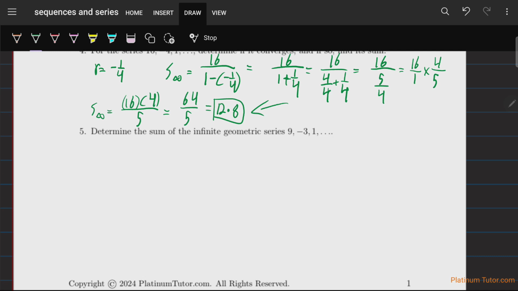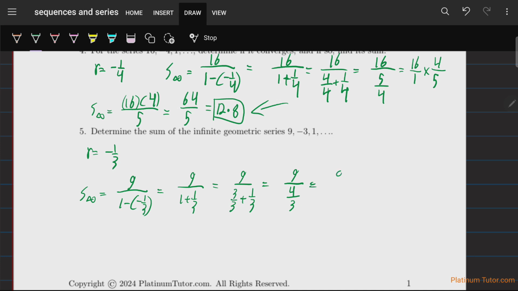It says determine the sum of the infinite geometric series. Let's see if it's convergent. The common ratio we can see is -1/3 here. And so S infinity is A, which is 9 over 1 minus -1/3, which is 1 plus 1/3, right? Negative becomes plus. And so this is the same as 9 over 1 is the same as 3/3 plus 1/3. This gives us